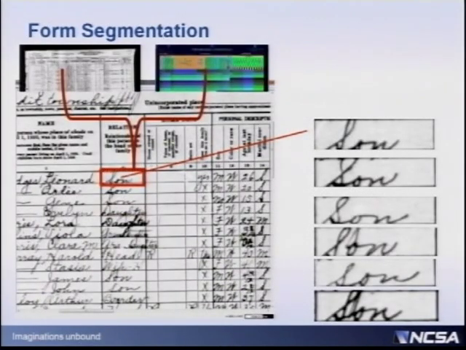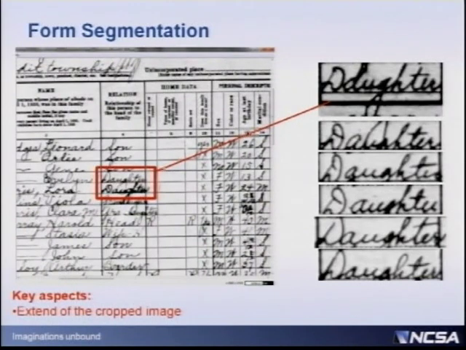Okay, so now I took the form, which was the original, and I can easily segment it, and I now know the green and blue squares or rectangles are really my fields, and it's registered, so I can go to the form and carve out many instances of the word son. So now I have many of these small images. I look at them, I see that they are all son, but I have to somehow understand whether I should carve out just that square or I should crop much more, because let's say in the word daughter, you can see that the G is going to go below the line.